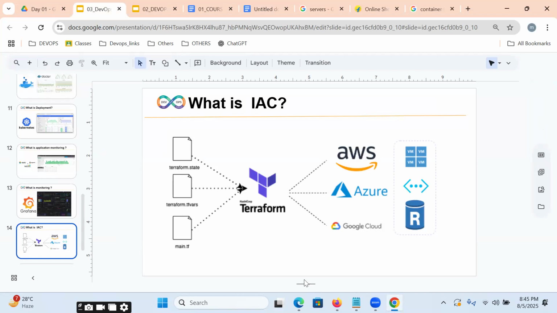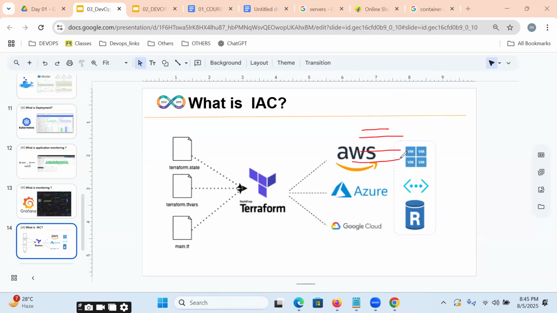For example, we want to create a server in AWS. Network, storage, some infrastructure you want to create in any cloud, either AWS or Azure or Google. With the help of Terraform, we can easily automate any cloud infrastructure. Actually, we are getting into AWS and creating manually. It is not required.